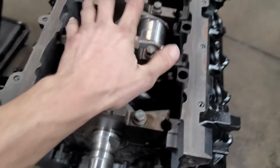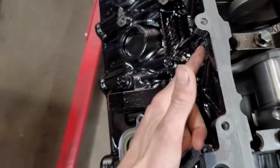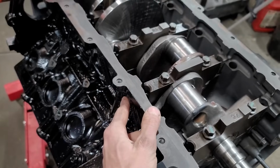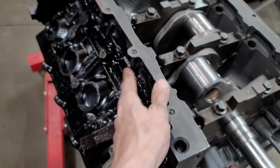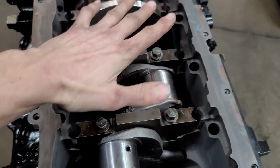Once you get the main bolts in, then you want to take your dowels and throw your dowels in the sides, make sure they line up, put your cross bolts in, and then your cross bolts are going to be around 7 to 8 foot-pounds, and then like 85 degrees turned. And then after that, you should be good on your bottom end, and then you can move on to installing